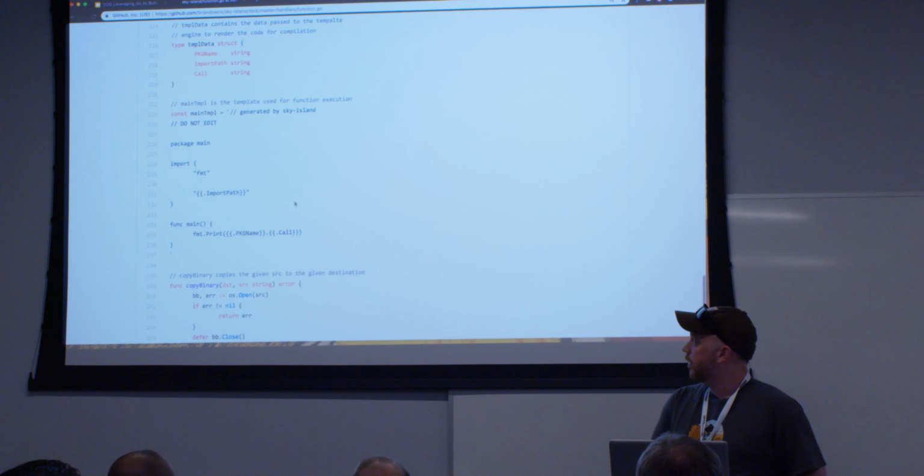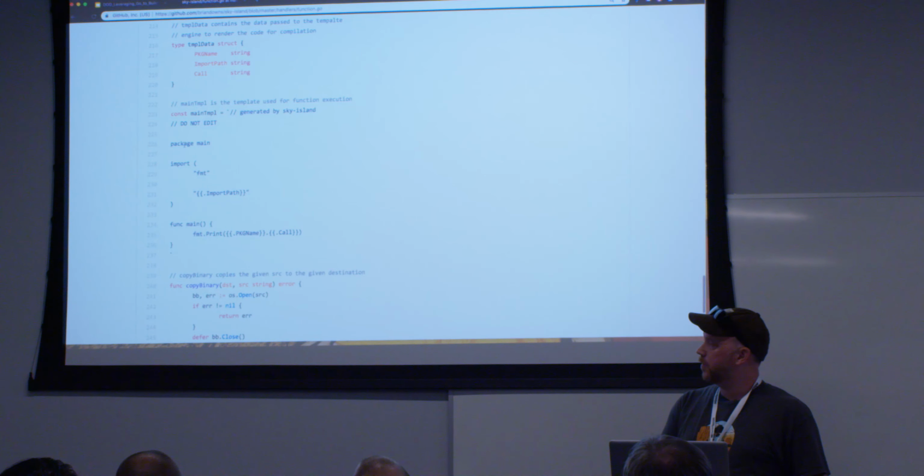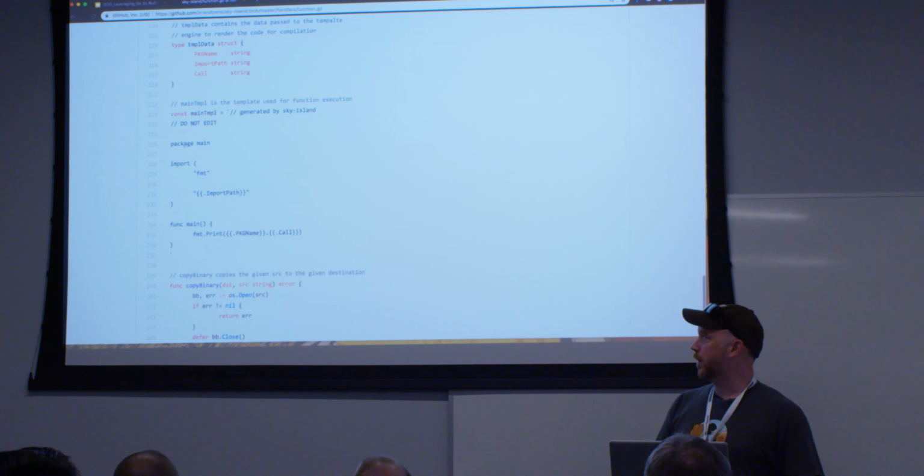What we do, though, in the build stage of this process, is we take this text template here, and this text template gets written out to a main.go file. That main.go file then gets compiled, and that's the binary. So